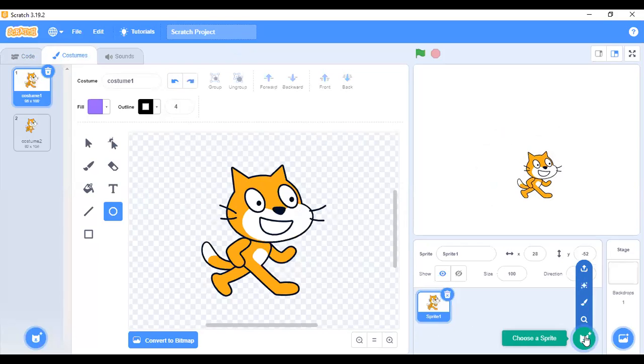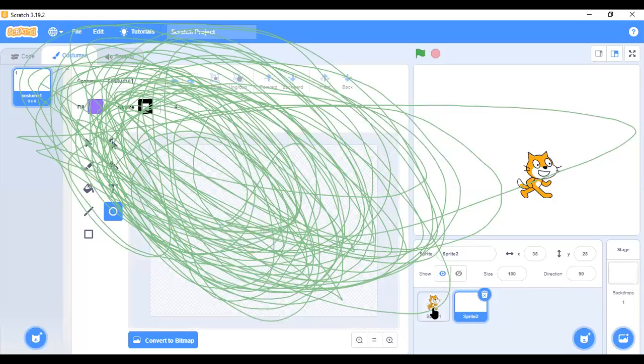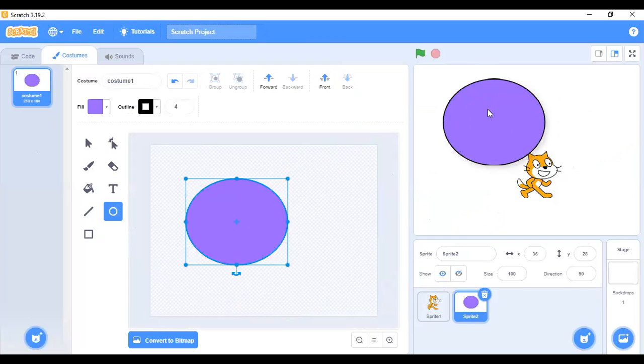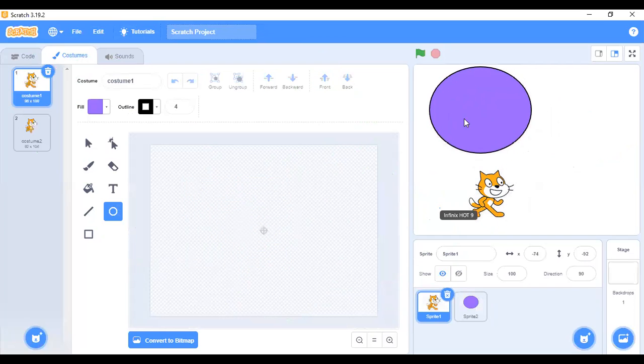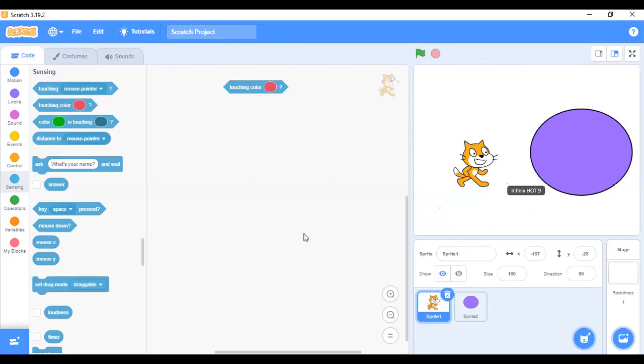Let me now come here, choose the sprite. Look at this, paint. Paint will give you the opportunity to create another sprite, but it will be empty. So you can now create your own sprite by yourself. Let me draw a circle here so that you see. Well, let me move it away from the sprite like that. Watch what happened. I want you to pay close attention to what I'm about to explain.